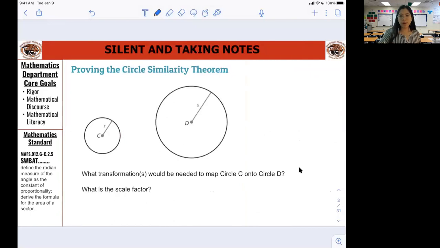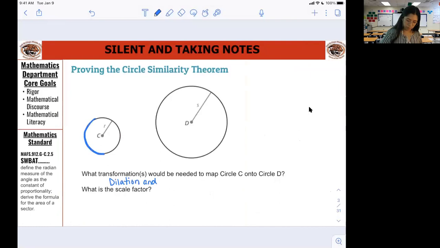So let's just take one example like this one, and let's think about what transformations would be needed to map circle C onto circle D. Just looking at this example, you would dilate circle C by a factor of 2, and then you would move it onto circle D. Or you could just dilate it on a certain point on the graph where